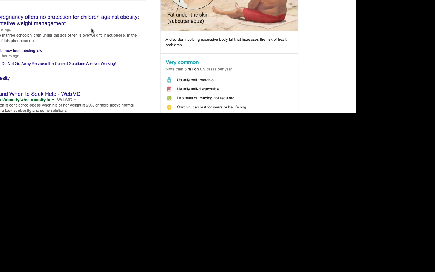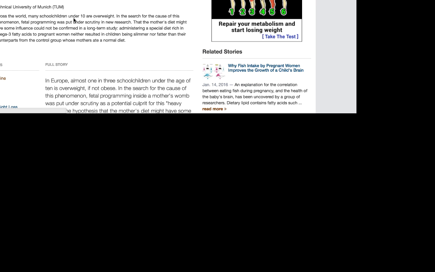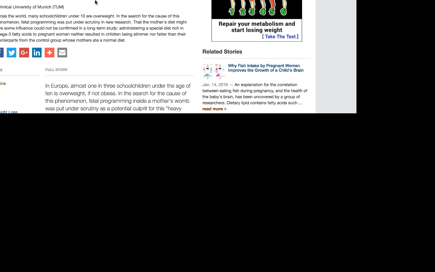Let's say, here we have fish oil during pregnancy offers no protection for children against obesity. So that could go in line with what I would term as how to manage the condition. So that is a different line of research entirely, and that could give me more information to add to my research, especially for those suffering the condition. So I would equally open up and see why fish oil, from this author,